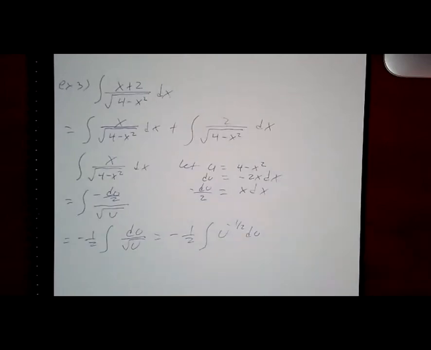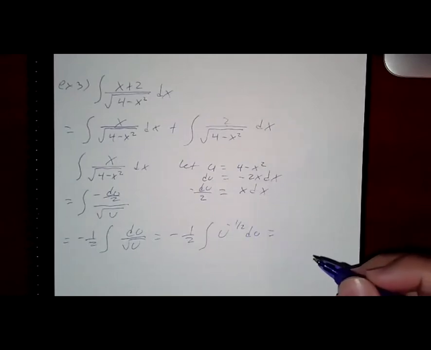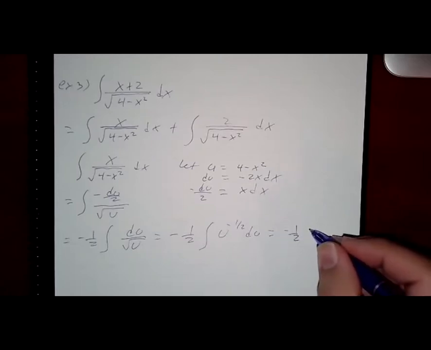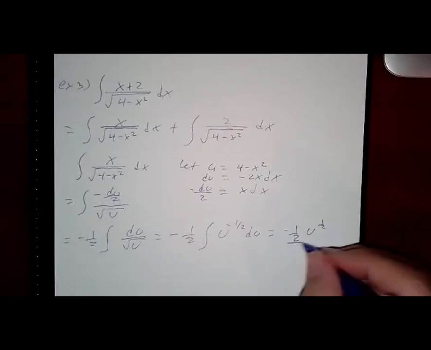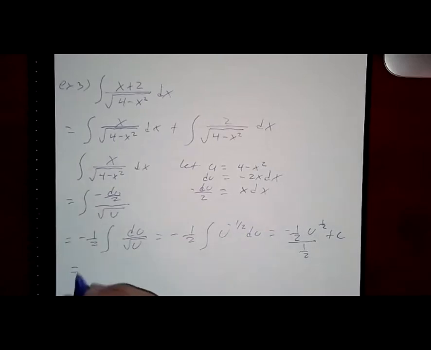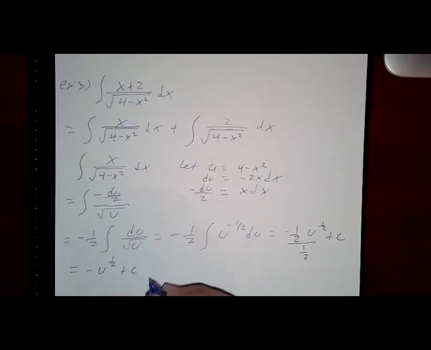So this is not too bad. So then we will get, you add plus 1, divide by that. So that will be negative 1/2 u to the 1/2 over 1/2 plus c. So our answer will be negative u to the 1/2 plus c, which is really negative